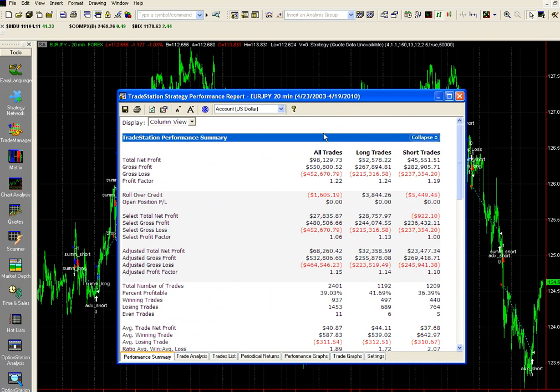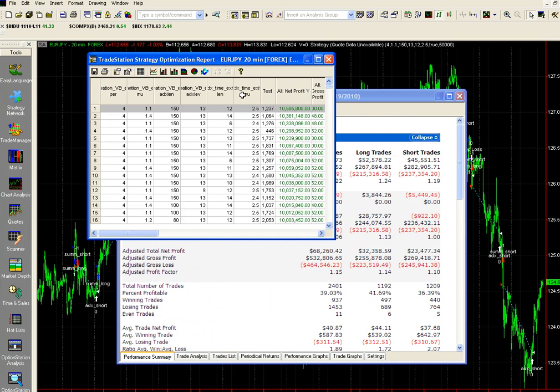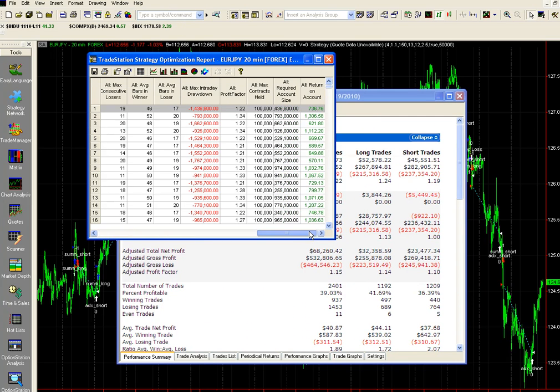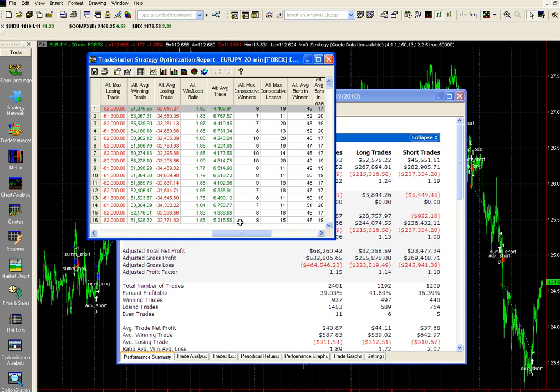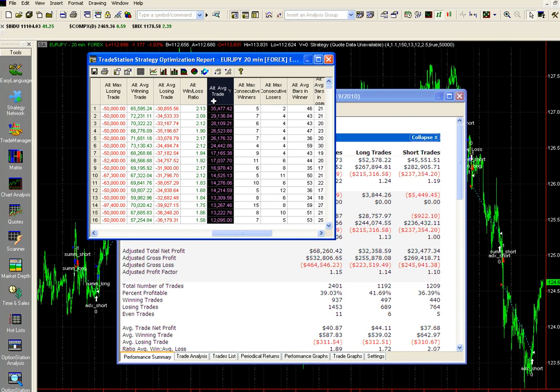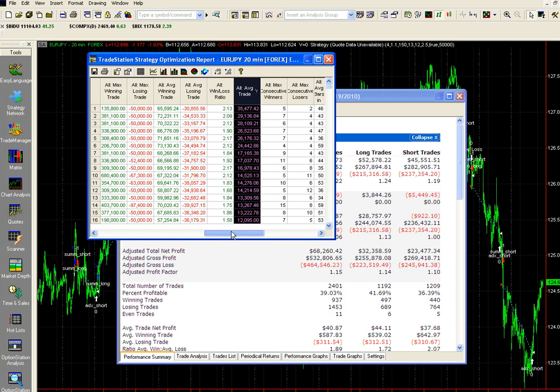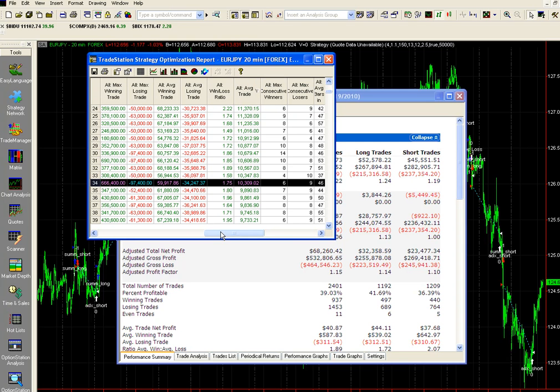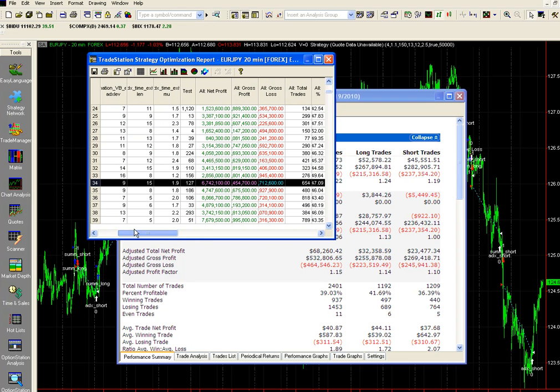So what we've got to do is open up our performance report here, and then I'm going to go to average trade again and prioritize these. I'm going to look for a system that has anything over $100 per trade, and since this is the yen again, we have to knock out these last two before the decimal, or just move it over two places. Here's one with $103 per trade, and then I'm going to go over to the net profit here and try to select, well,